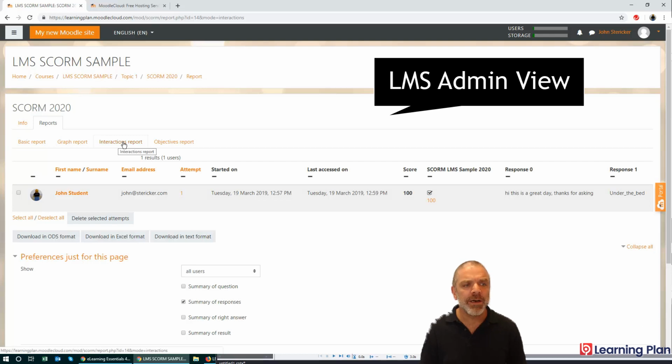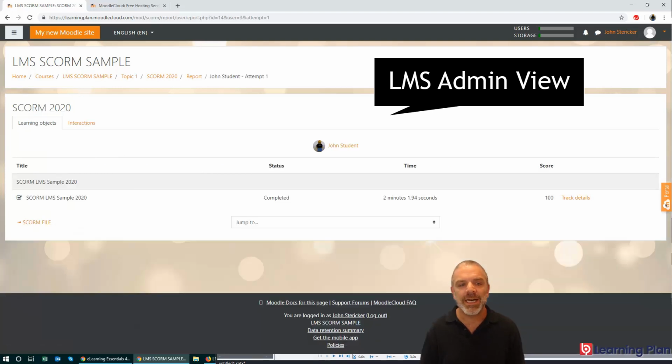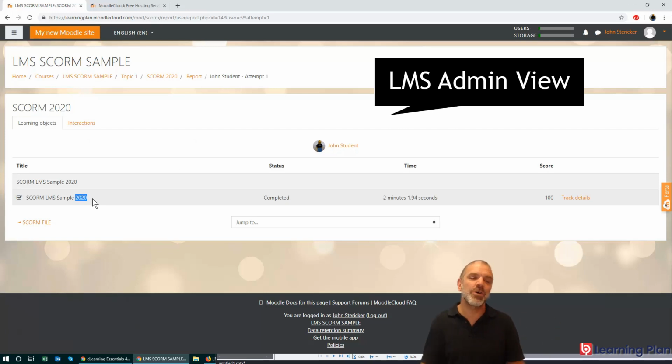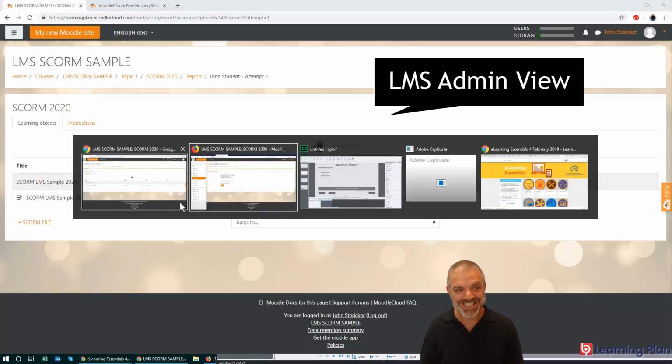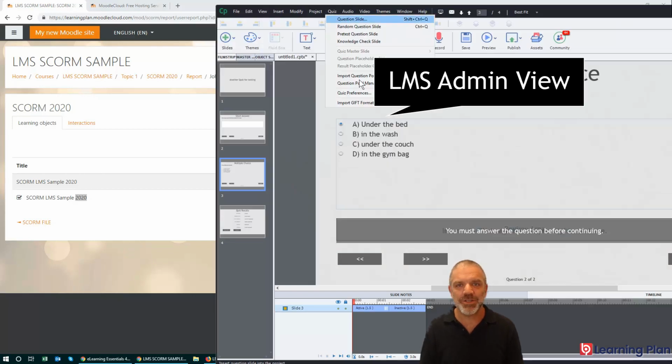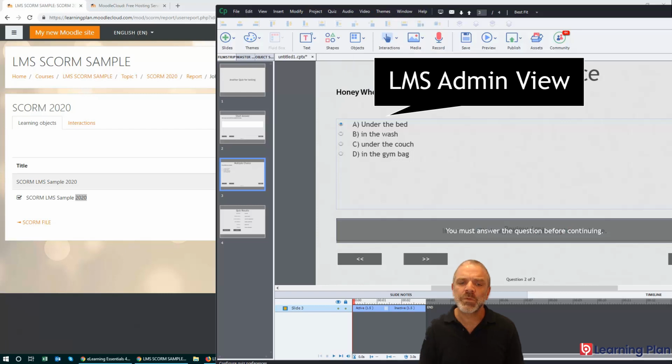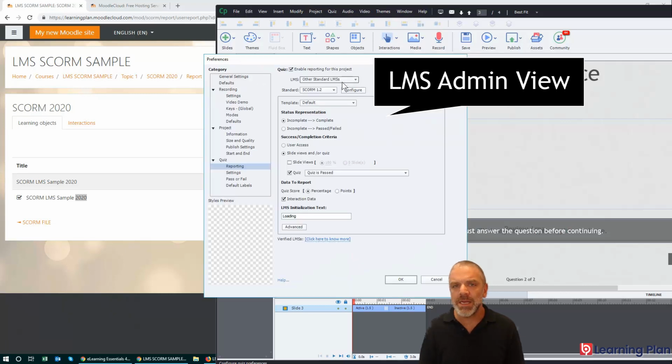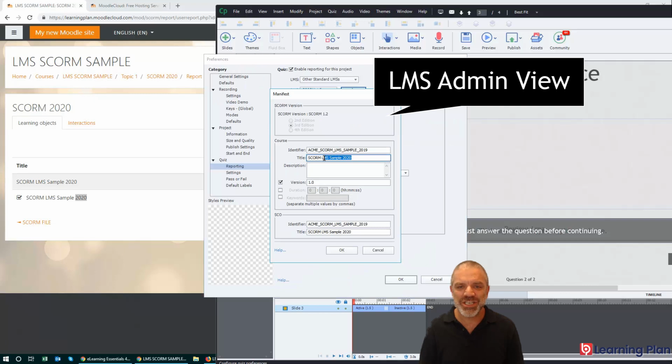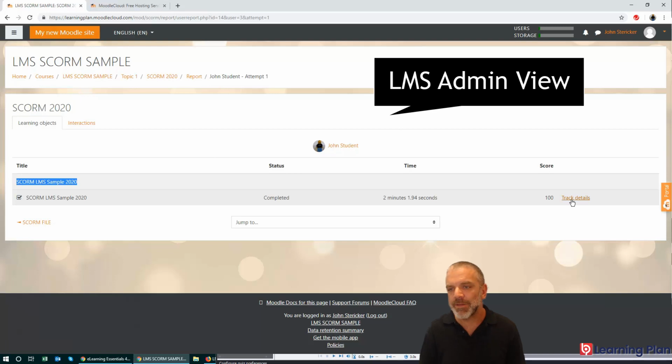And if I scroll down even further or drill down even further into this particular student, you can see here that there's the 2020 being carried across from this information here. So if I go back to quiz preferences, and then I'll just click on that. And if I go into configure, you'll see here that title information has been sent across to Moodle there,